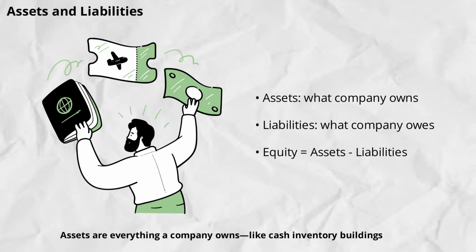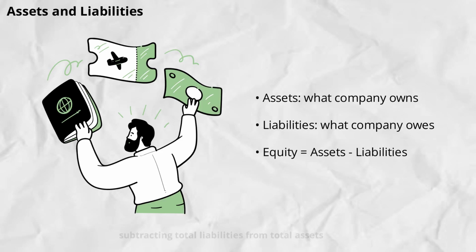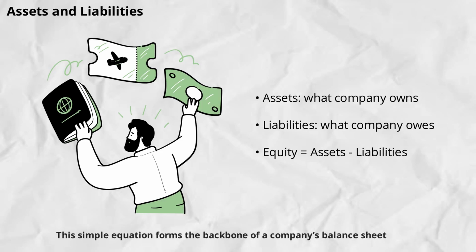Assets are everything a company owns, like cash, inventory, buildings, and equipment. Liabilities, on the other hand, are what the company owes, such as loans, accounts payable, and other debts. The relationship between these two is key. Shareholders' equity is calculated by subtracting total liabilities from total assets. This simple equation forms the backbone of a company's balance sheet and helps investors see the true value that belongs